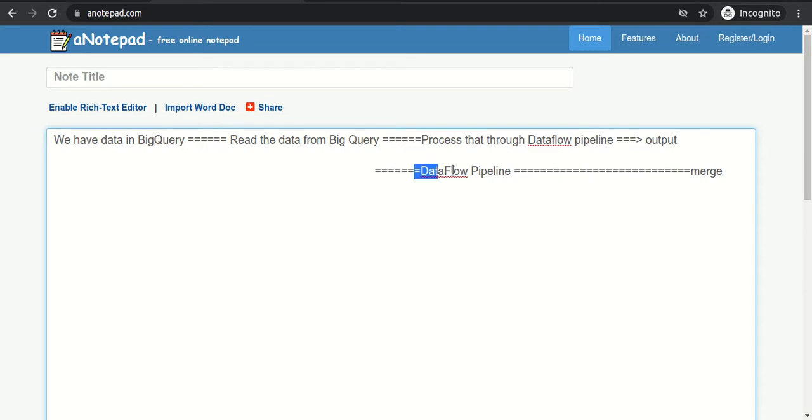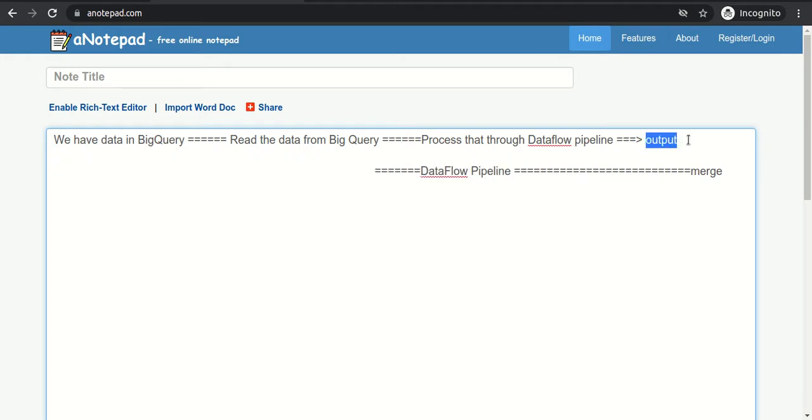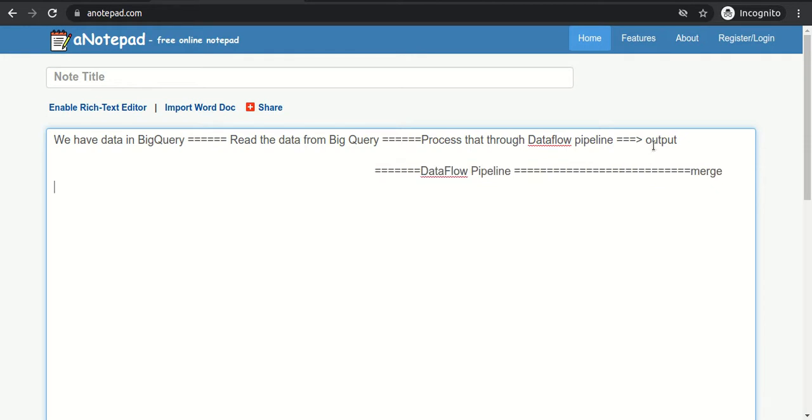And we have another pipeline, right? That pipeline will take the output of the first pipeline, combine it with its own, and then create a final output. So this output is considered a side input, because let's suppose we have two pipelines, pipeline 1 and pipeline 2, right?